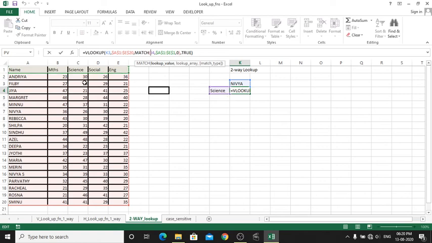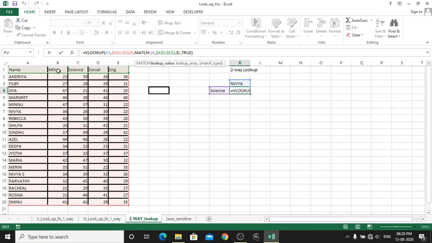Whenever I put science here, it should look in the first row only. Excel need not search the remaining rows like A2 to E2 or A3 to E3. In these rows Excel won't find any exact match with these subject names, right.